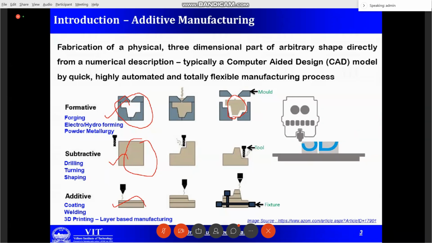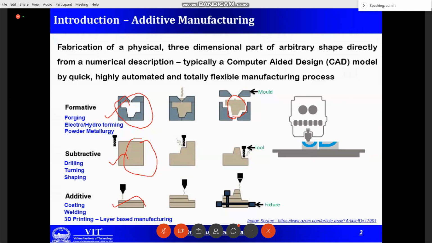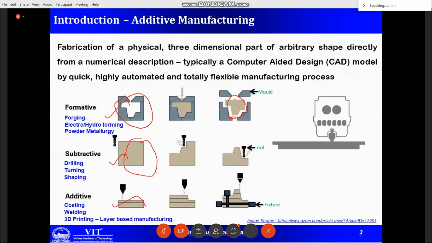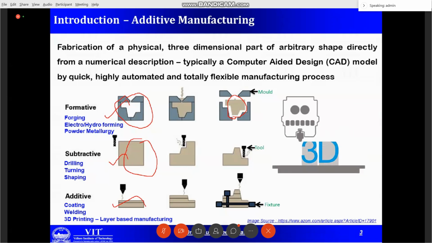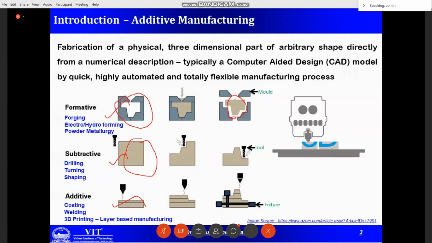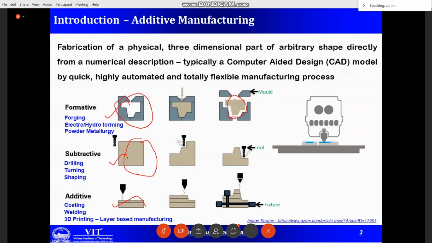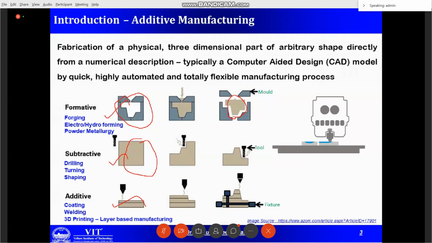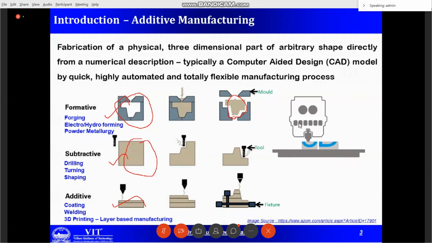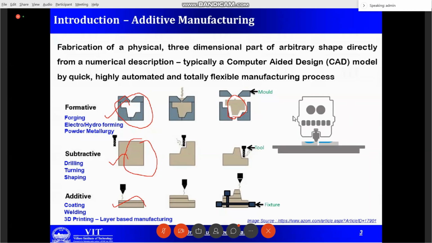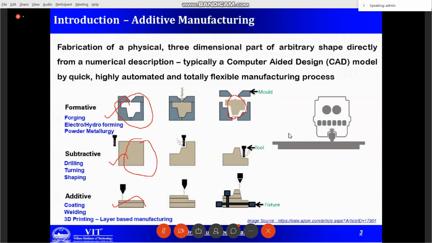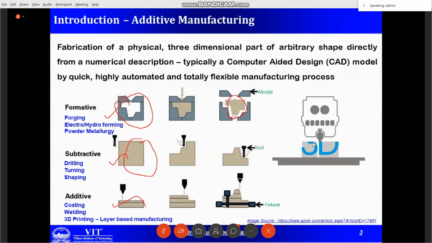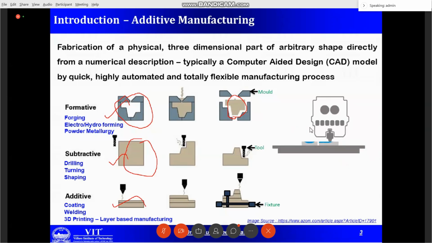So that is the reason engineers thought of an activity where I can create a design without the use of tooling. Tooling in the sense it could be jigs and fixtures, a tool insert, or a mold. If there is any change in my product design, immediately my manufacturing process should be able to respond. So in that way, additive manufacturing, in the animation which I have shown here, takes a CAD data as input. Whatever design you require, create a CAD data, and that CAD data is sliced or decoded into 2D layers, and these 2D layers are deposited layer by layer to get a three-dimensional component.